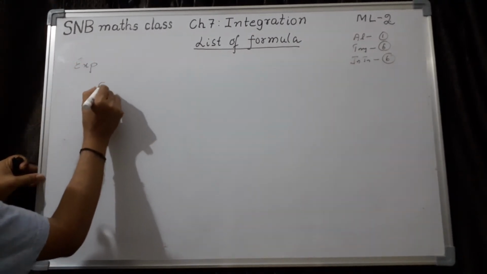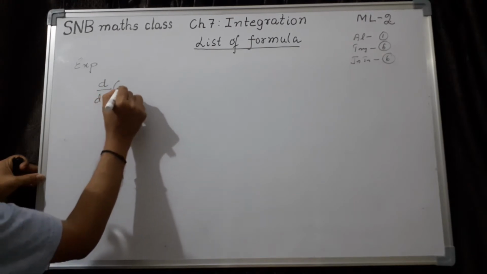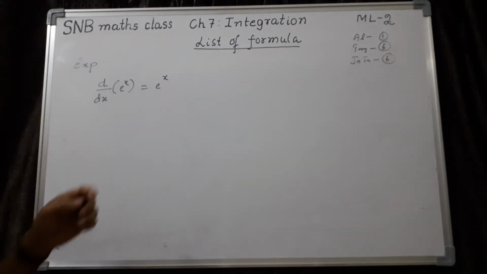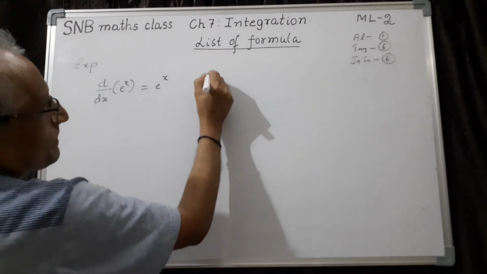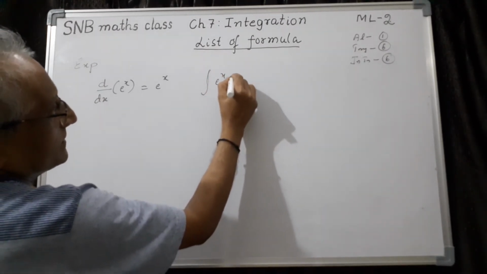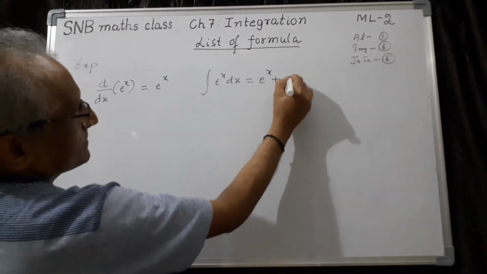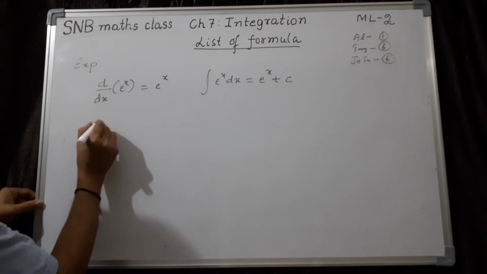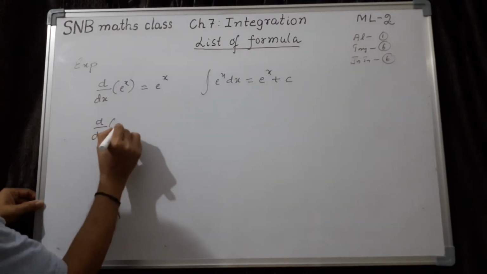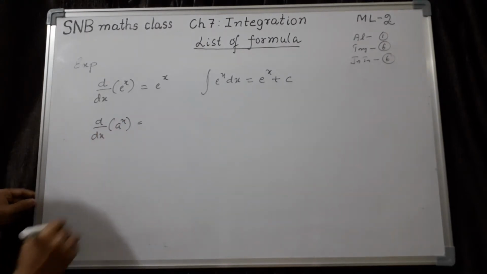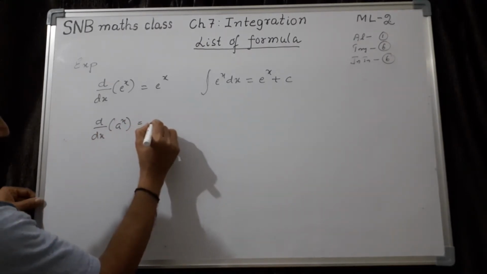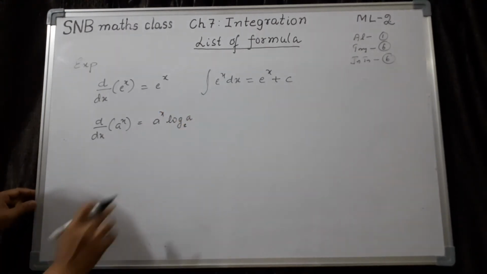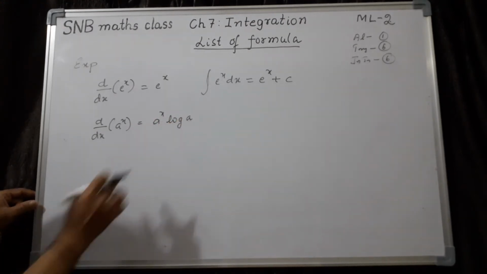So we know this one, d by dx of e power x. Exponential is e power x only. So when you differentiate the exponential function, you get the exponential function only. Definitely the integration of e power x dx is e power x plus c. Now there is one more thing you have to remember. If you remember well, d by dx of a power x we also calculated, and this was a power x into log a, of course to the base e. Whenever I don't write it, you should understand that it is log a to the base e only.